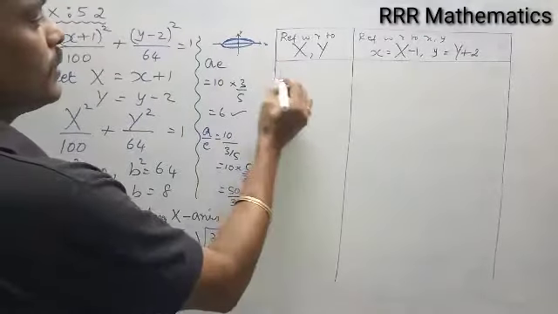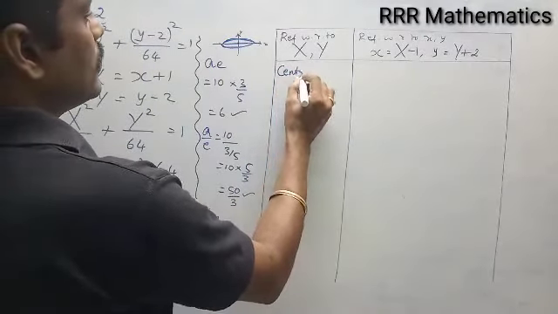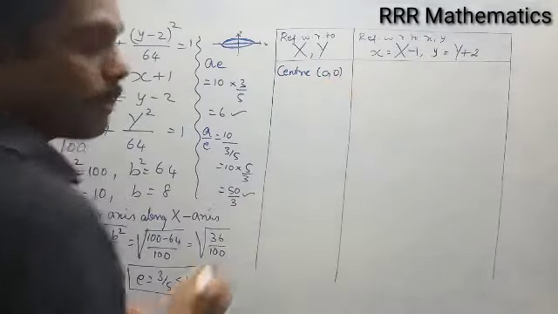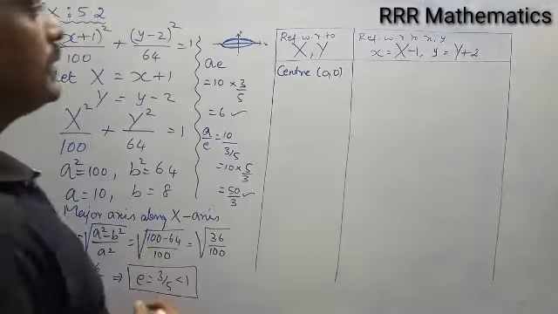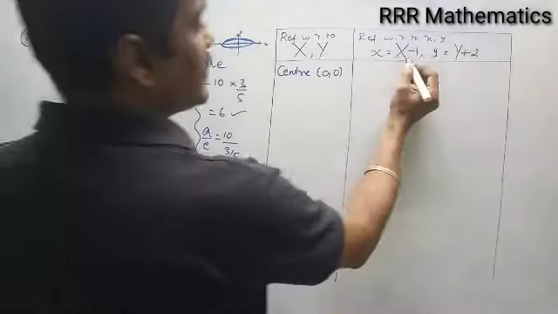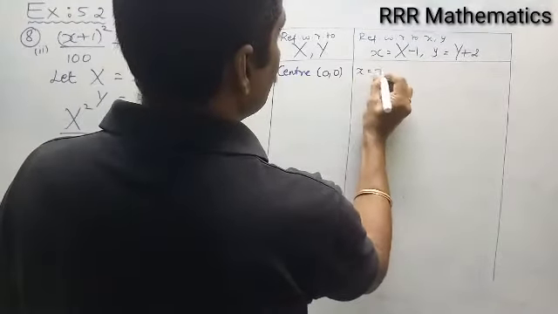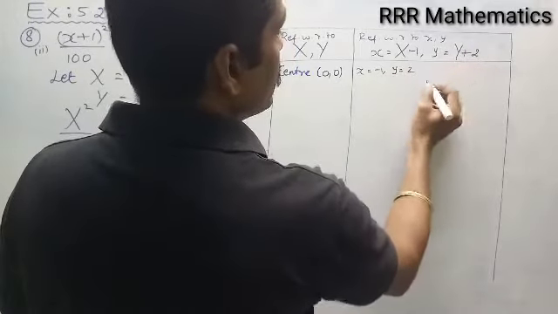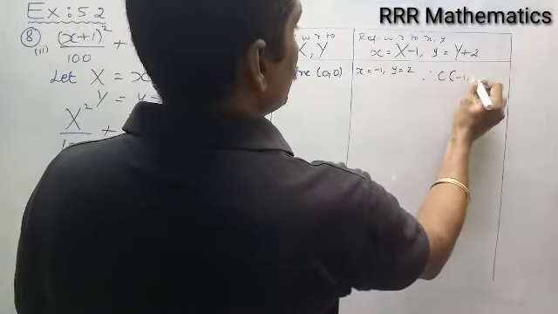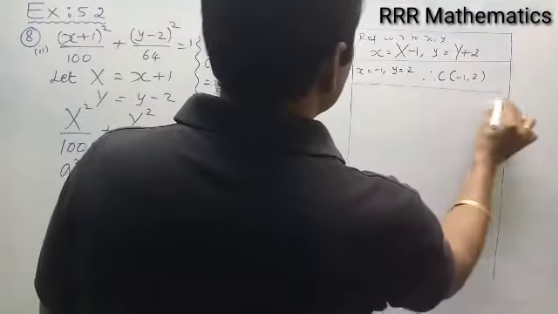So according to this one, what is the center? According to capital X, capital Y, the center will be 0, 0. When you replace capital X equal to 0, small x will be minus 1. When you replace capital Y equal to 0, it gives small y equal to 2. Therefore, center will be minus 1, 2. So,